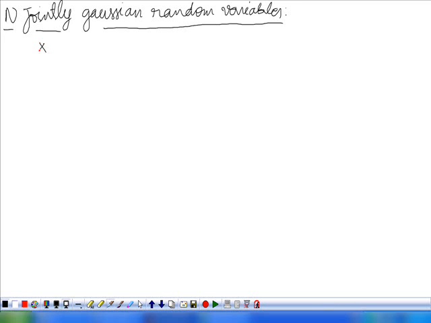So let x1, x2 and so on, xn be n random variables. These are said to be jointly Gaussian if the joint PDF of these random variables is given by